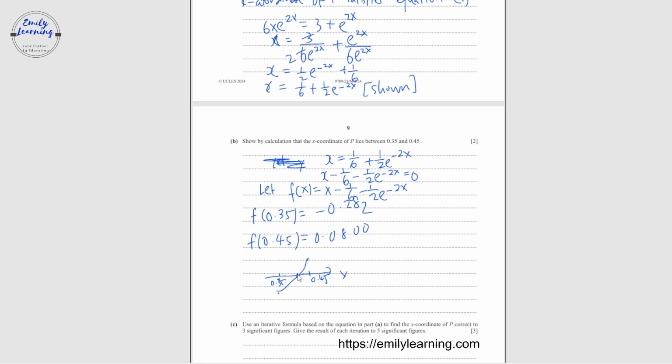So if I want to solve for x minus 1 over 6 minus half e to the power of minus 2x, I need to find the point A, which is the x-intercept. Because f(0.35) is negative and f(0.45) is positive, I know that A, or the root, the x-coordinate, is in between these two, 0.35 and 0.45. Okay, so I'll write, since